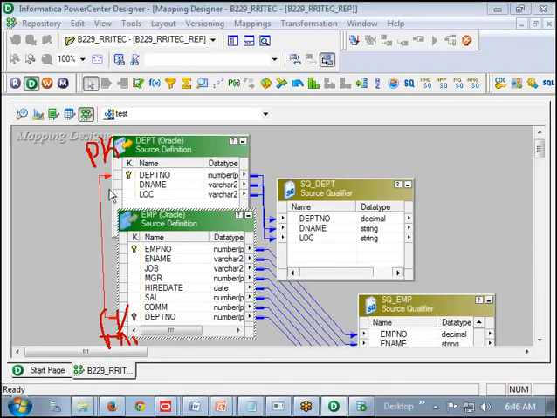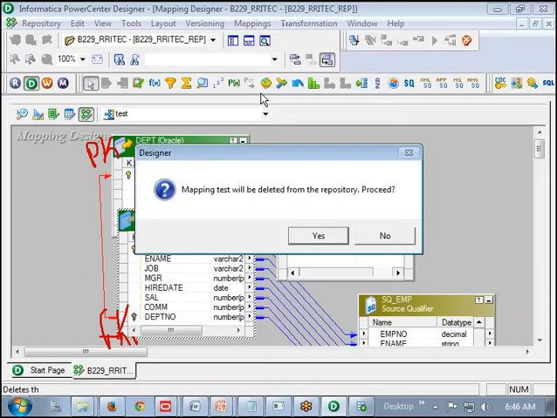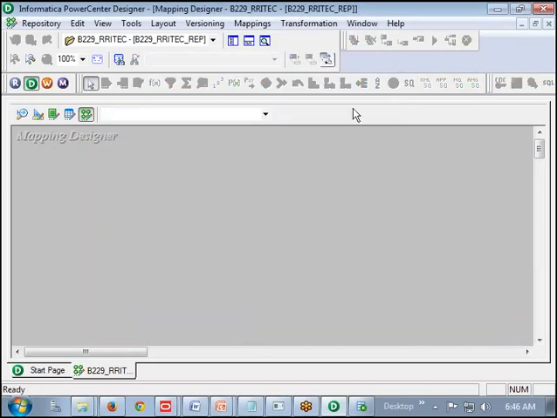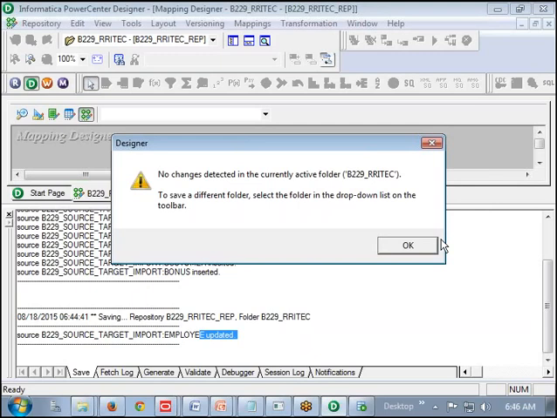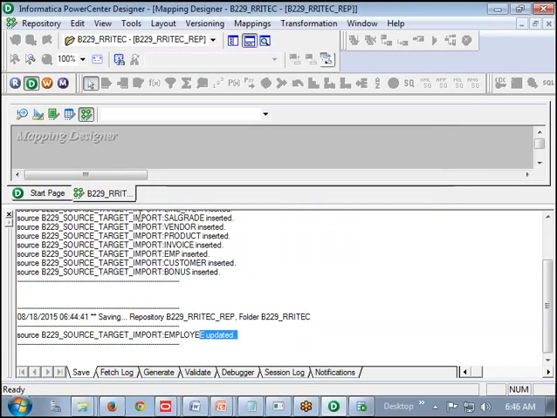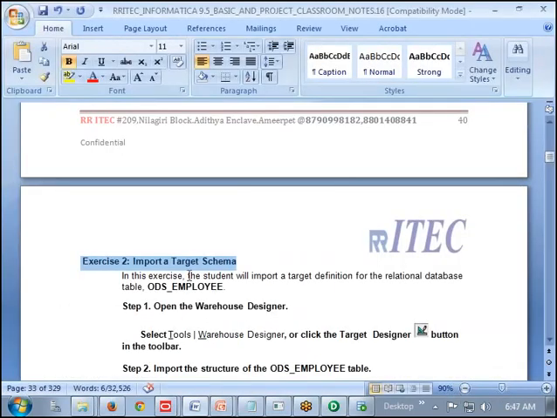Okay, that's fine. As of now, our goal is not to understand this mapping at this point of time. I am deleting it. I deleted. Then let us save it. Okay, now let us import here. Next one is what? Target. Dot to dot, the whole process is the same. You imported the source, right? In a similar way you have to import the target also. Yes, Pankaj, I am not going to guide you on anything. Please go and try to do it.